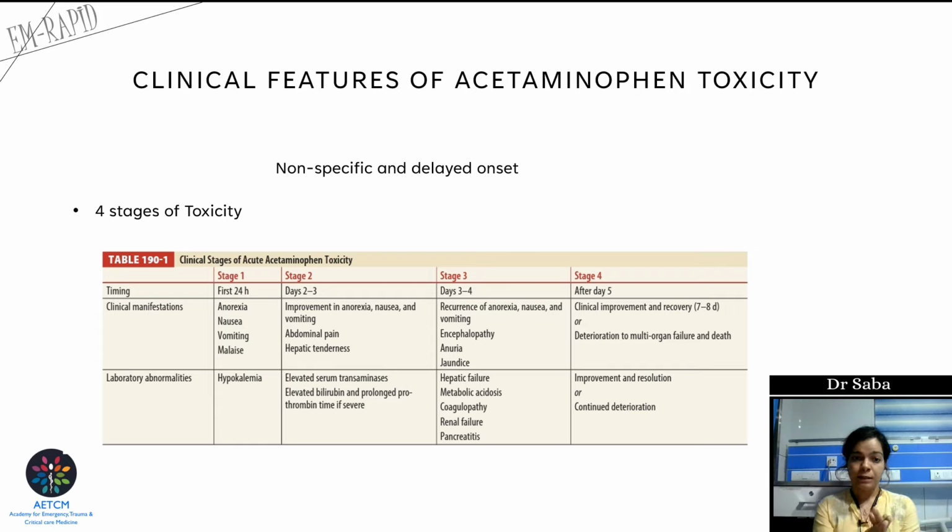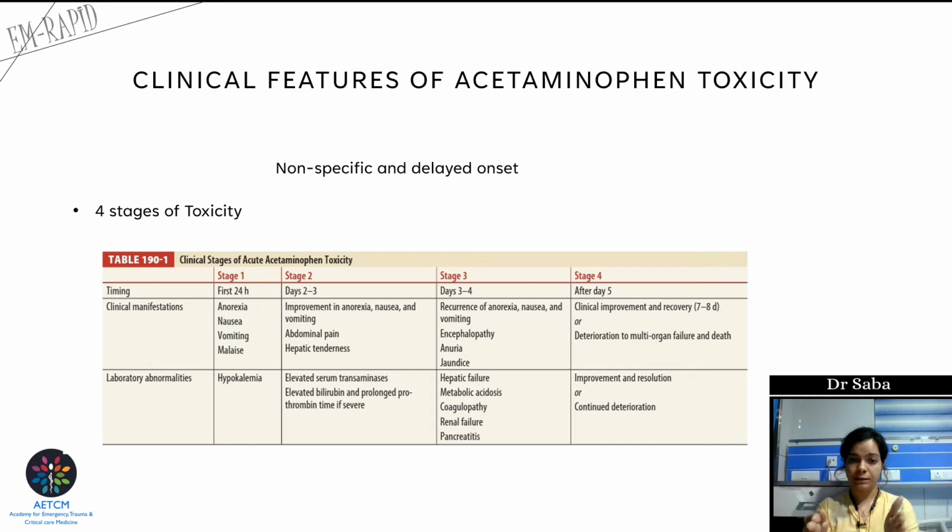3 days. And at this junction, if we take lab investigations, we will find that SGOT and SGPT levels are elevated along with bilirubin levels, basically abnormal LFT with prolonged PT. If the hepatic injury has been severe, we even end up seeing coagulopathy in the form of elevated PT INR.